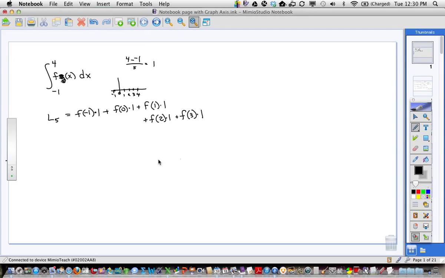When you have 5 of them. Okay, you have 5 of them. I now have 5 of them. Now, we didn't go all the way to 4, but that makes sense, right? Because your last left would be there, if the curve was coming up like this or whatever, your last